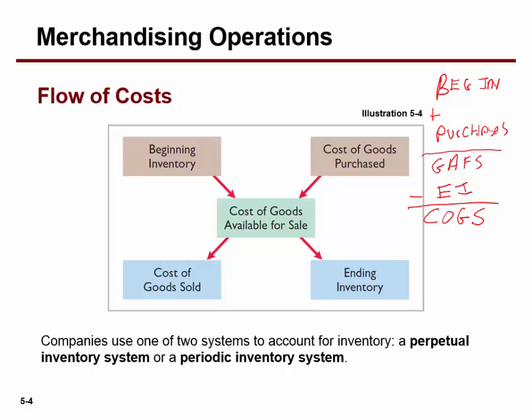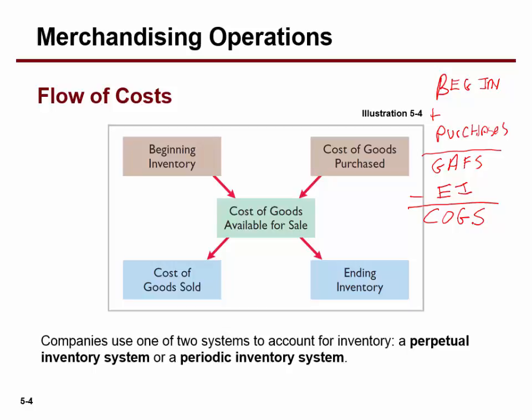And when they would count to see what was left, they'd say, okay, we know what we had at the end of last year. Last year's ending inventory is today's beginning inventory, isn't it? The December 31st ending inventory is the beginning inventory on January 1st, right? So we know that. We know what we purchased for the period because we had to pay for it, don't we? So we know what goods are available for sale. We count the inventory. This is what's left. Minus that must be the cost of what got sold, or stolen, but it's not here anymore, right? And that's how you calculate your cost of goods sold under the periodic method.